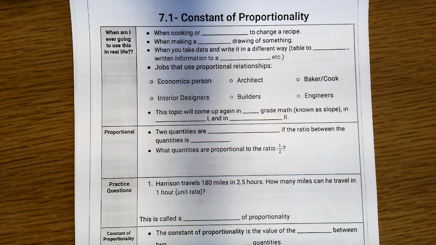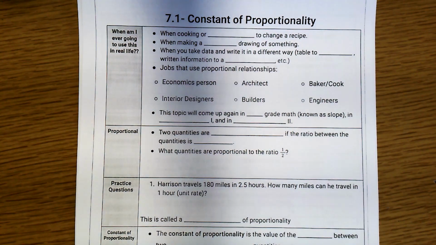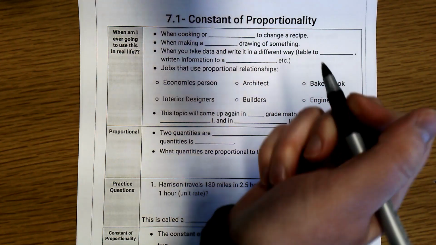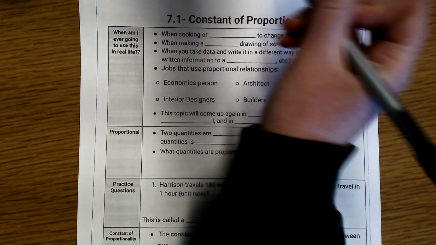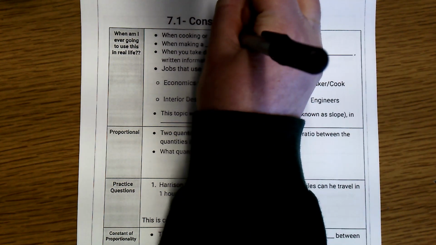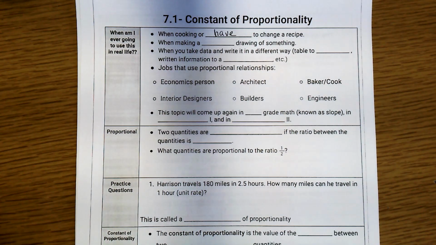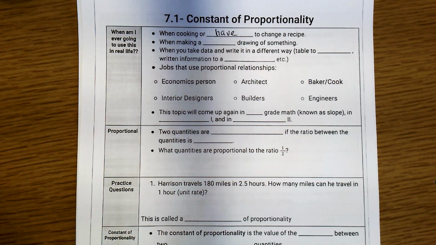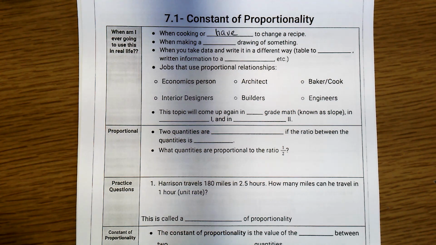So, when are you ever going to use this in real life? Proportions are when everything changes by the same amount each time. So that's actually what we just did when we were cooking for our recipe. When you're cooking or you have to change a recipe, everything changes by the same amount. Let's say you double the recipe, you would multiply everything by 2. That means that your recipe is proportional because we are multiplying everything by the same amount to get our new